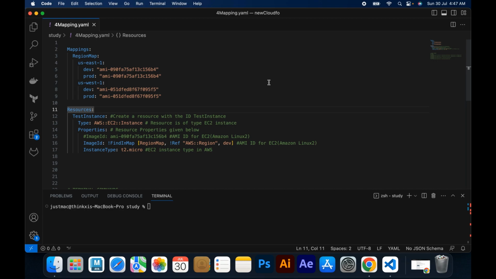Mappings are defined in a separate section of your CloudFormation template. To define mappings, we use the Mappings section in our template and provide a local logical name for the mapping. Inside the mapping, specify the key value pairs you want to associate. Once you define the mapping, you can use it in your resource by referring to the mapping's name and the key